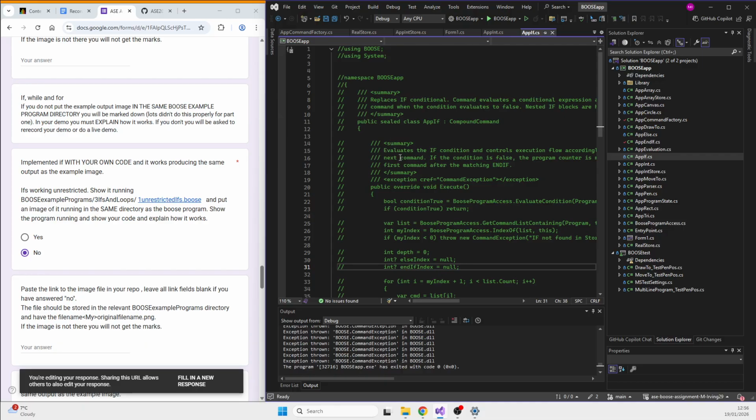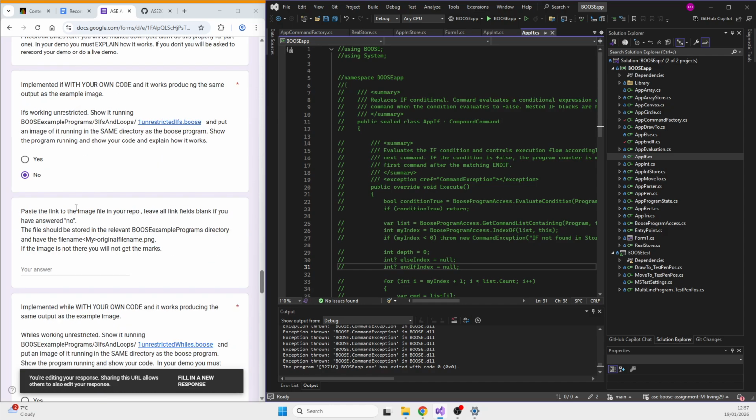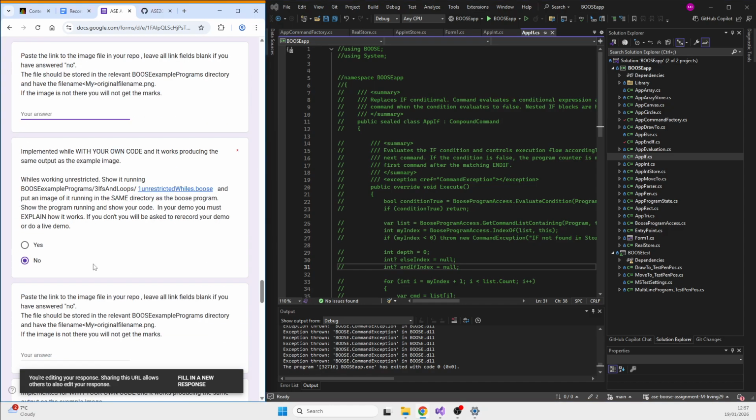Yeah, I got quite close with it. At one point I was just stuck in an infinite loop with it, and I managed to get out of that, but it was still throwing the stored program exception, and I couldn't get my head around it within the time frame. So I probably could have got it finished if I had a bit more time, but yeah, another miss on the checklist. Didn't manage to.